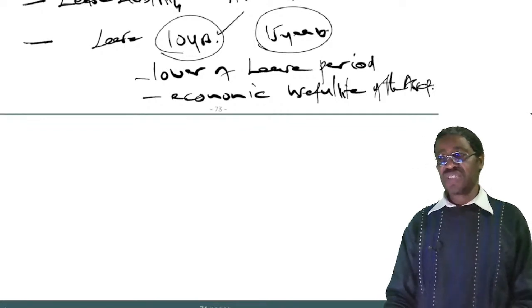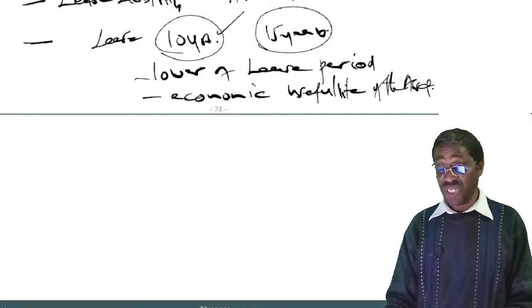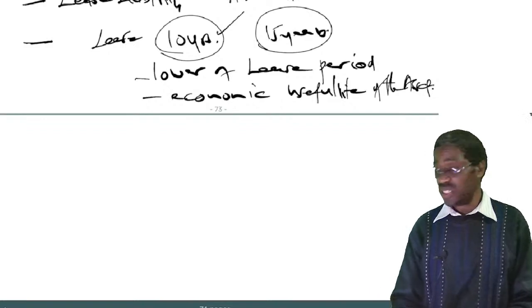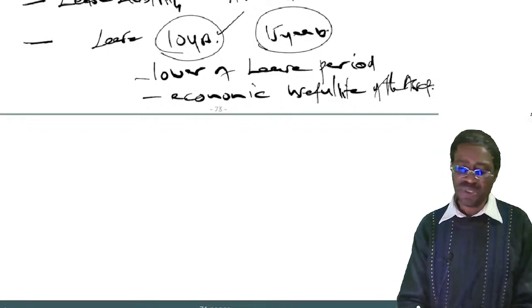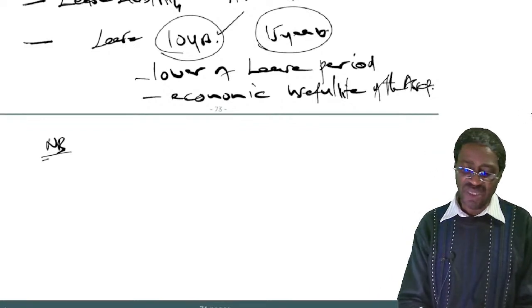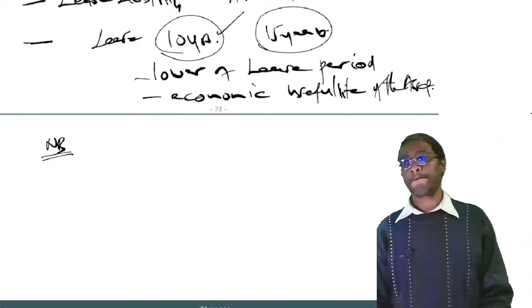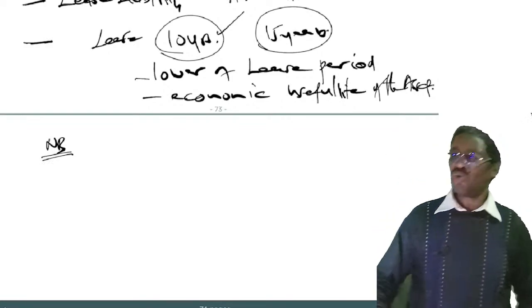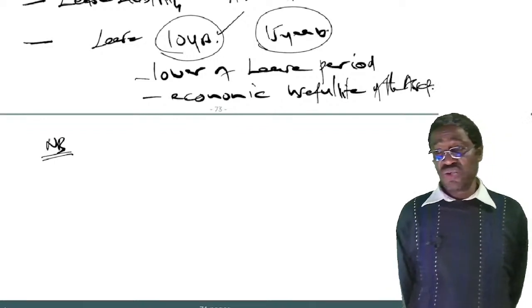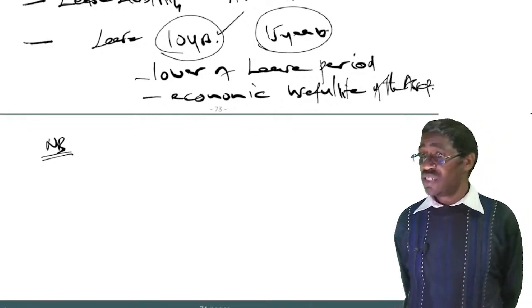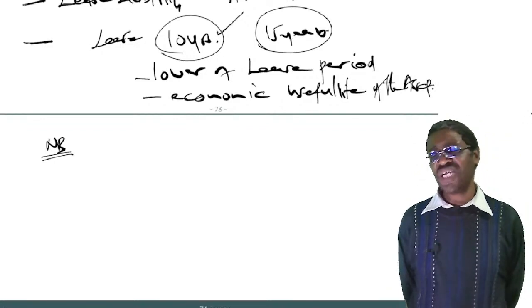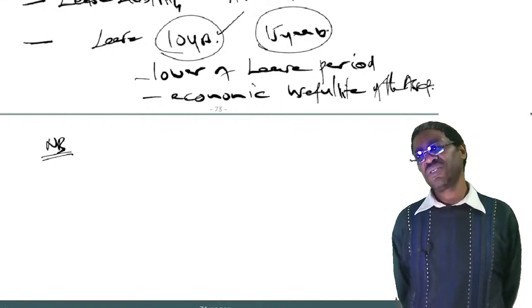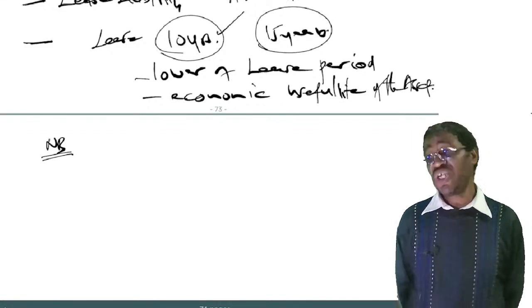Okay, now listen. Before we do a few calculations, let me explain another point here. I want to put an NB. You as a lessee want to sign an agreement with General Motors to lease their motor vehicle.